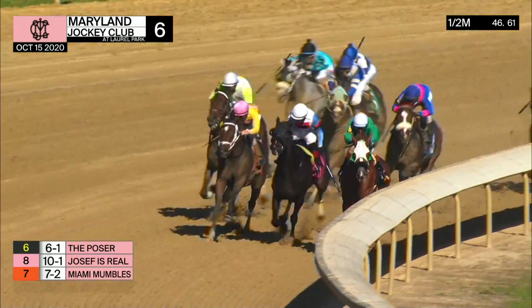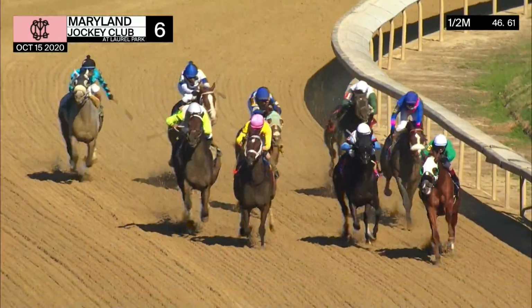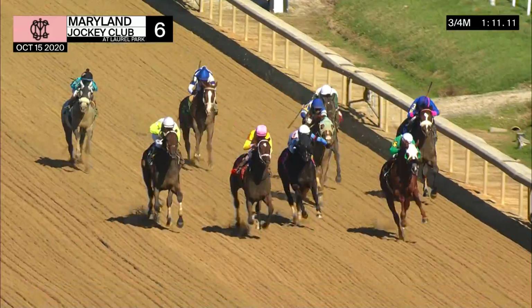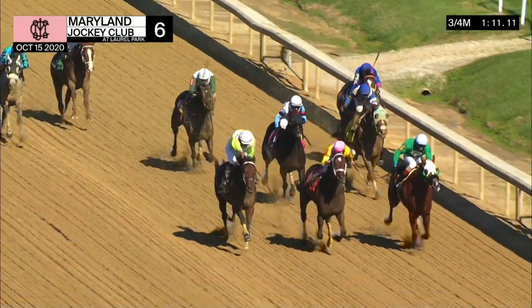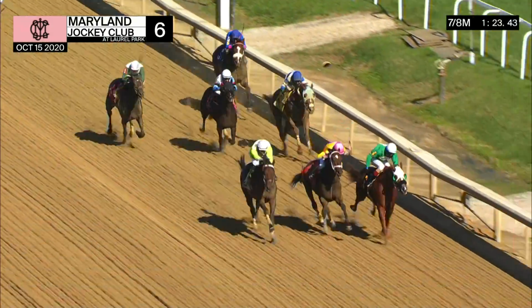The Poser holding a narrow lead as Joseph Israel is driven, and Miami Mumbles out in the center of the track too as Plot the Dots is coming with a run. And so Plot the Dots on the far outside, Miami Mumbles collaring the Poser with 3/16 of a mile left to go. Joseph Israel back and forth, still three chances past that furlong marker, headed to the first wire. It is Plot the Dots on the